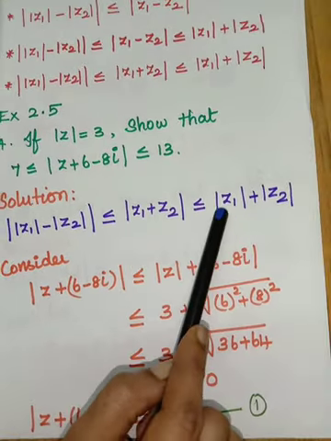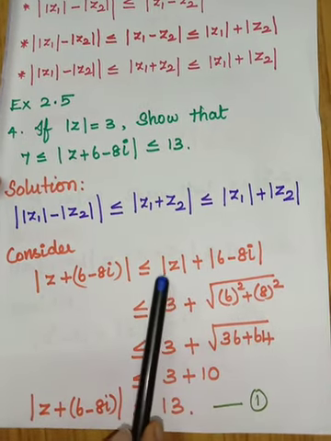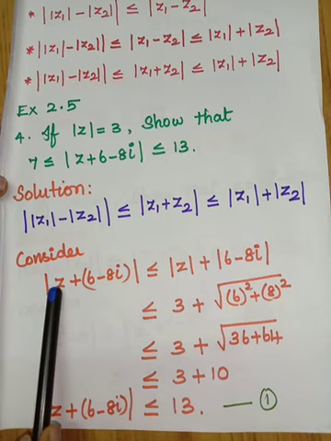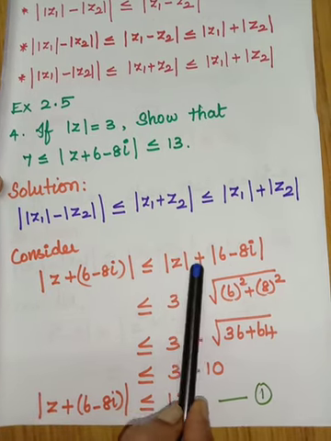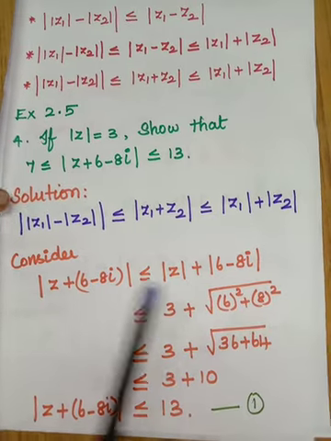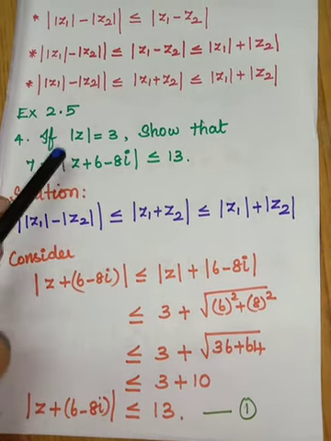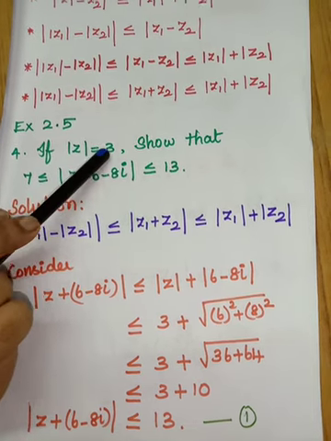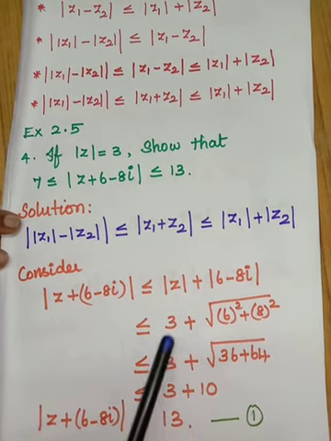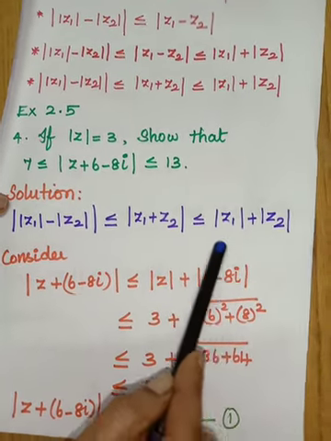You have modulus of z1 plus modulus of z2. So it is modulus of z plus modulus of 6 minus 8i, which is less than or equal to, what is modulus of z given? Modulus of z is 3. So in the place of modulus of z I have substituted 3, plus